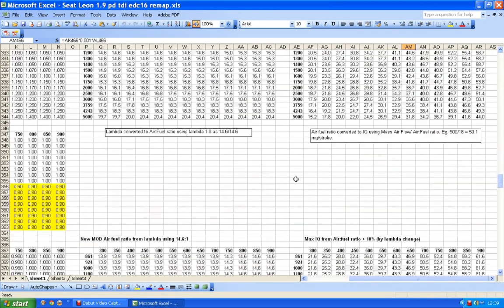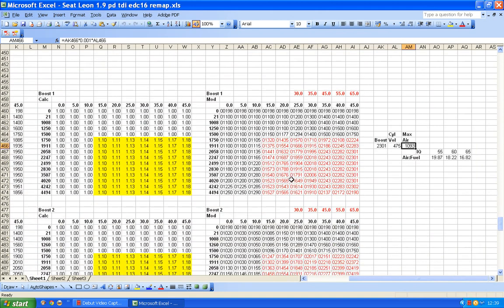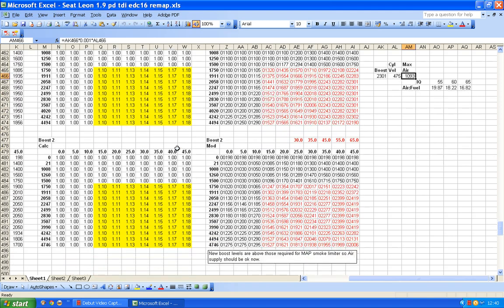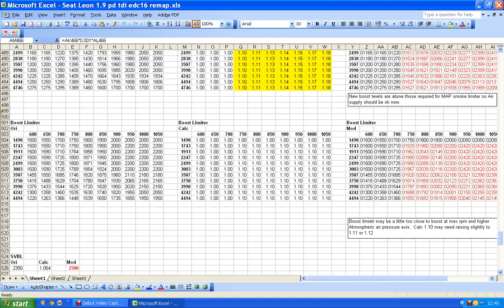Okay, in the last video, I was looking at the boost maps and I decided that I'd get enough here if I made these changes to the axis and made these sort of changes to the main map, and there were the increases I was using. I'm not saying that these are the correct figures to use, I'm just saying that these would be worth considering and worth trying out.